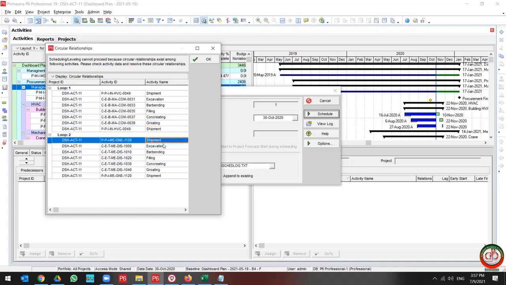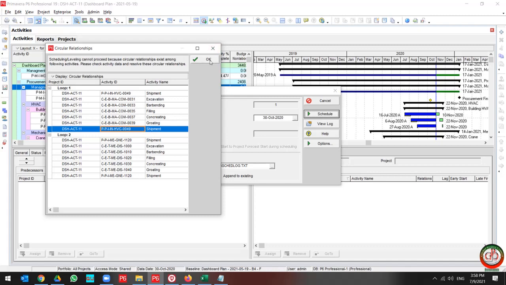Loop 2 is the same: shipment, excavation, bar bending, filling, concreting, grouting, and again shipment. So maybe we have an extra relationship, or maybe we need to correct it by adding another relationship, or maybe we need to only